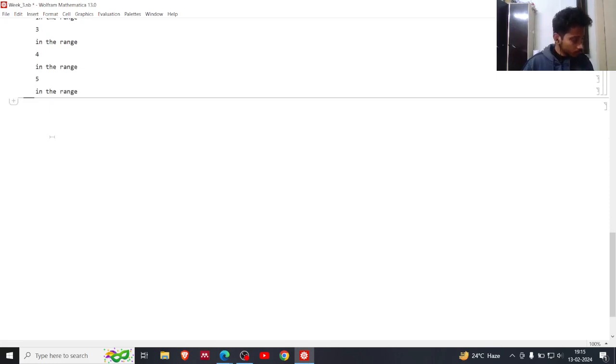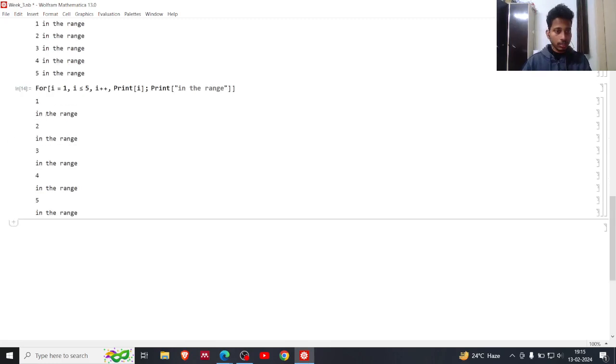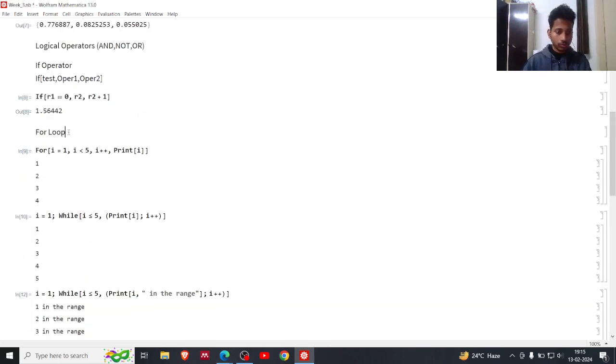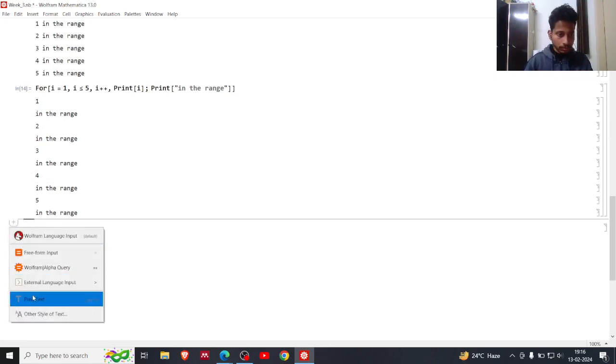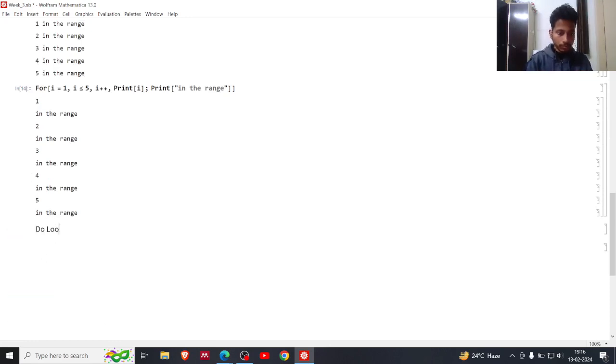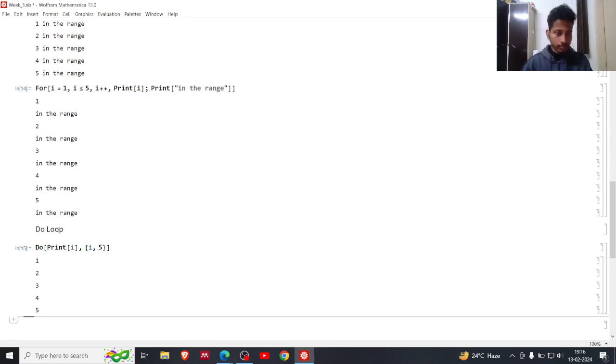now we will see another loop, the do loop. Okay, so for do we will write the statement inside, print I. Okay, so